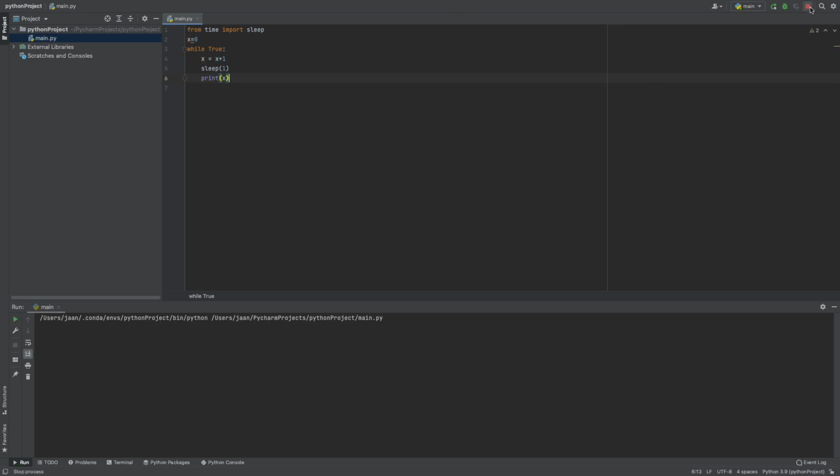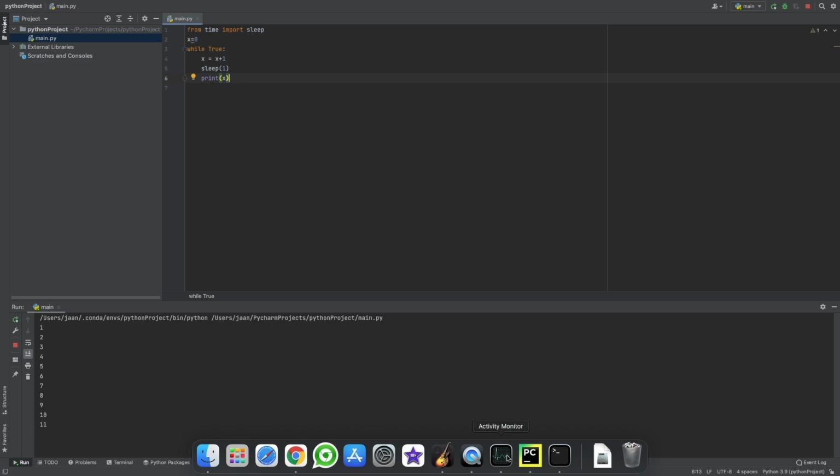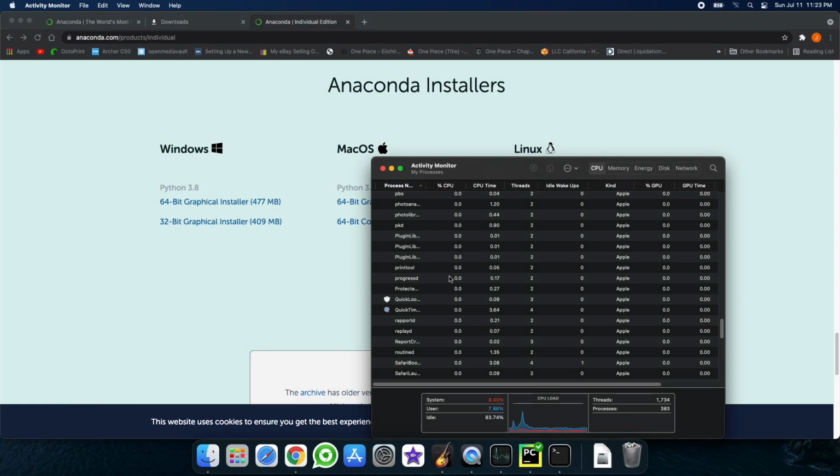So now we can actually watch the numbers rise, and there you go. Every second we have an extra number. So now if we go back to our terminal, or I mean our activity monitor, we can actually try to find